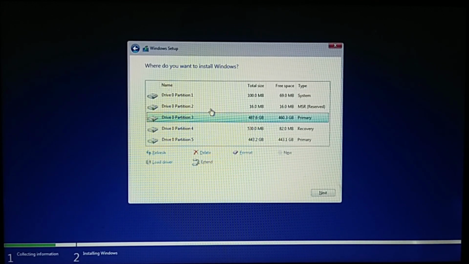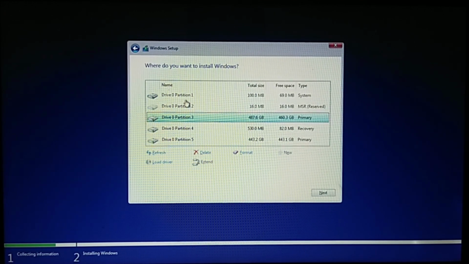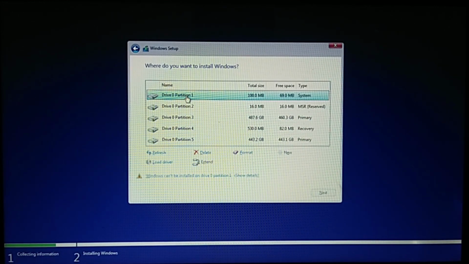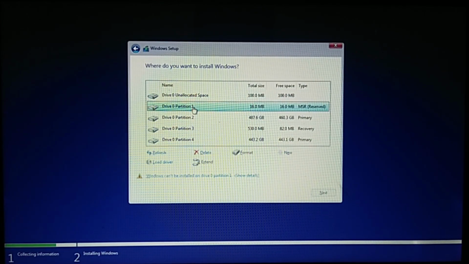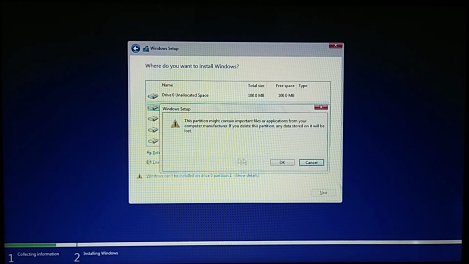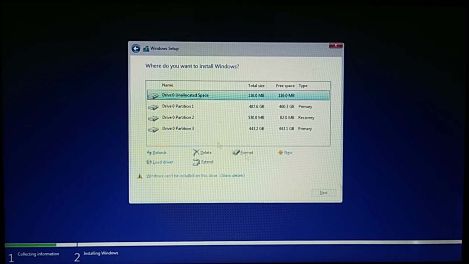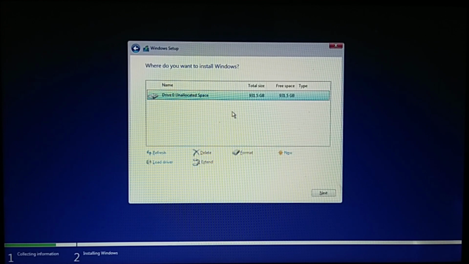So all you need to do is to delete all these partitions, starting from drive 0 partition 1. So just click delete and then click OK. And then select the other partition, delete, OK. As you can see, we have drive 0 unallocated space, which is